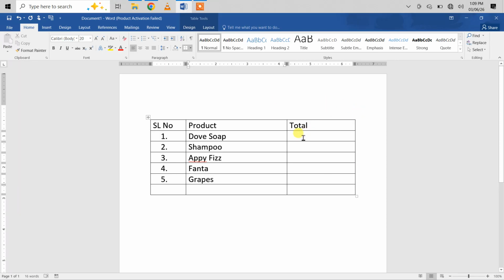Now the total, so we'll be having 91. So 98, shampoo 37, Epiphyse 78, Fanta 85, and grapes maybe 225. So let me just select these two cells, and we can merge these two cells in two ways, either